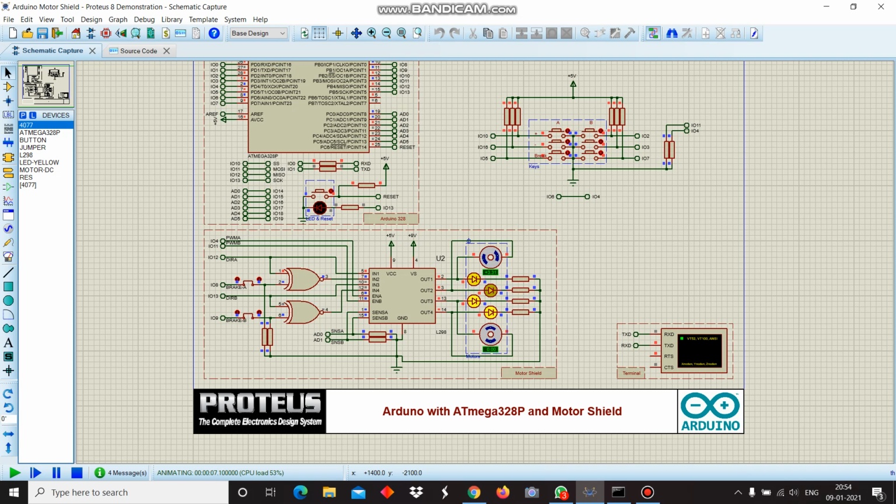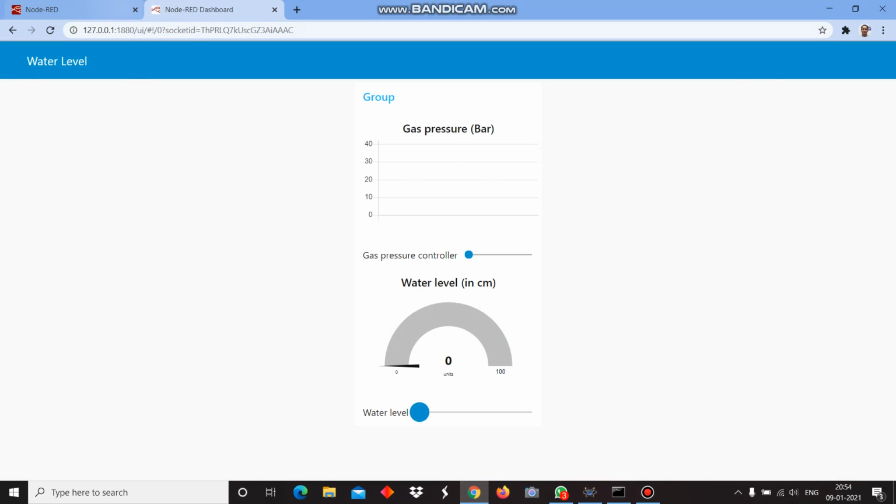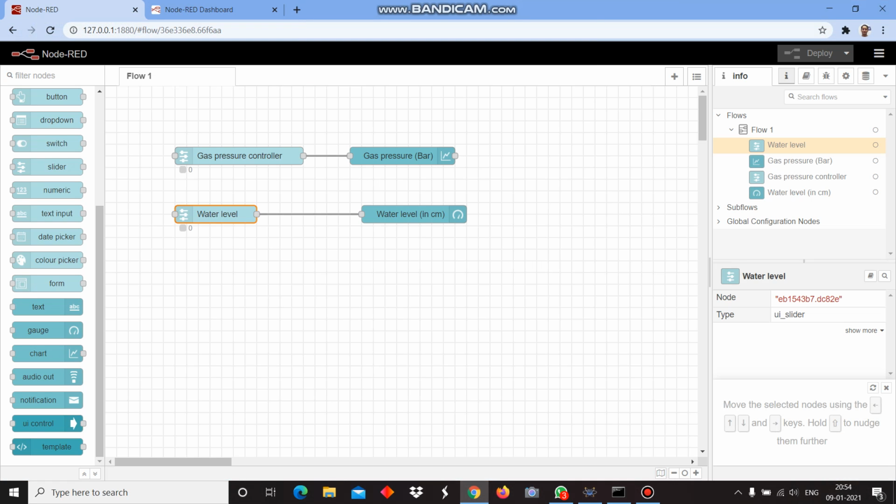Now heading towards the next project, that is on Node-RED, we can see that in this Node-RED project, I have used the slider for these options, gas pressure controller and water level,